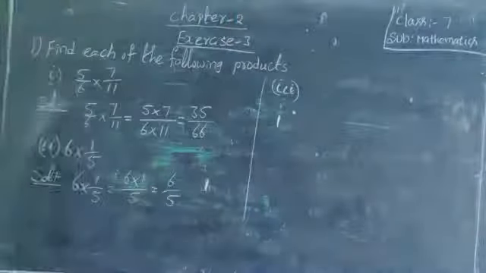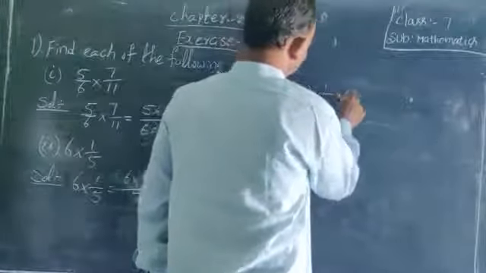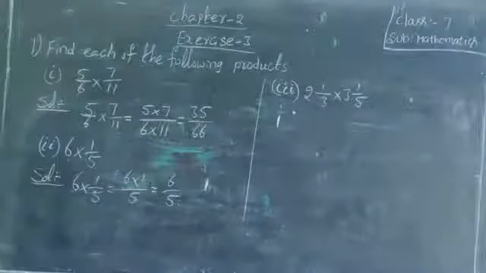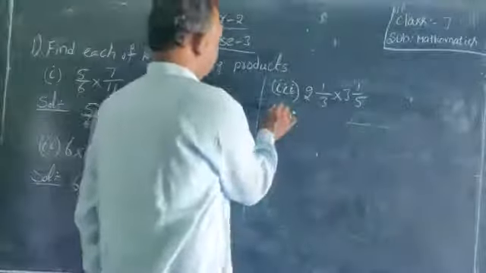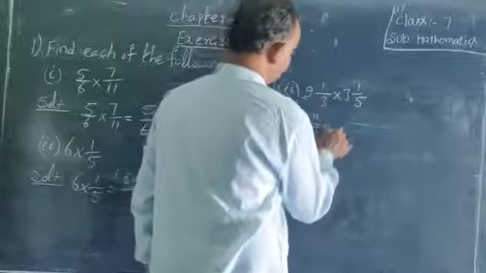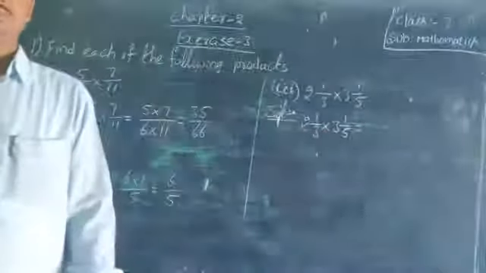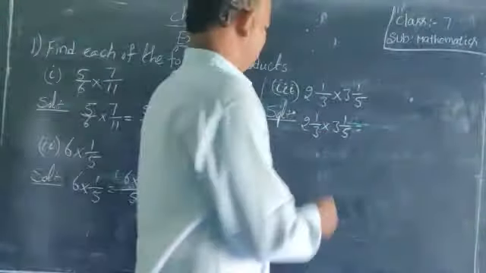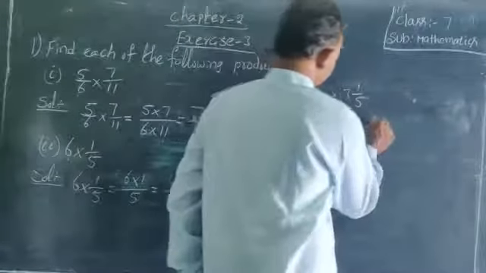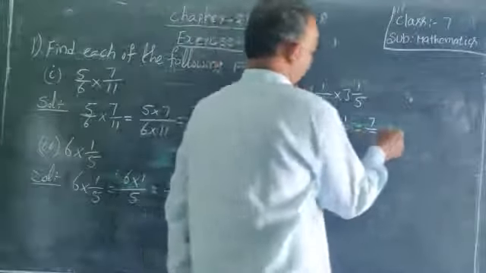Third one is 2 1 by 3 into 3 1 by 5. Solution. 2 1 by 3 into 3 1 by 5, that is equal to, here the two values are in mixed fractions, so we are changing to the improper fractions. 3 2s are 6, 6 plus 1, 7 by 3 into, here 5 3s are 15, 15 plus 1, 16